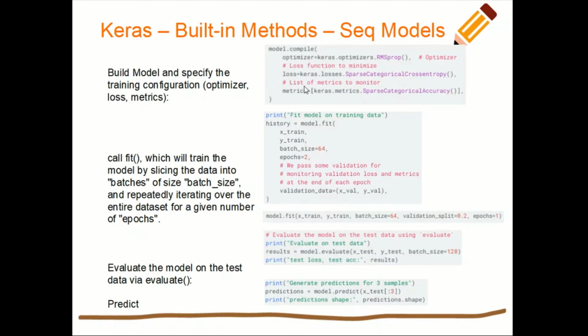So these four methods, compile, fit, evaluate and predict, actually save us a lot of coding, because as you can see in model.fit, it saves us creating batches, creating the loops for the epochs, splitting the validation data, and so on. All these things are taken care of for us. So that is why people really like Keras, because it saves them a lot of coding effort and it really simplifies the number of steps to create your machine learning workflow.